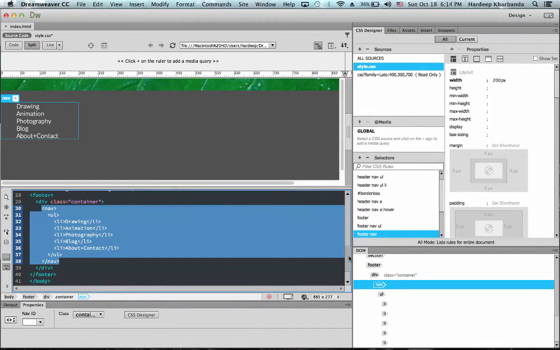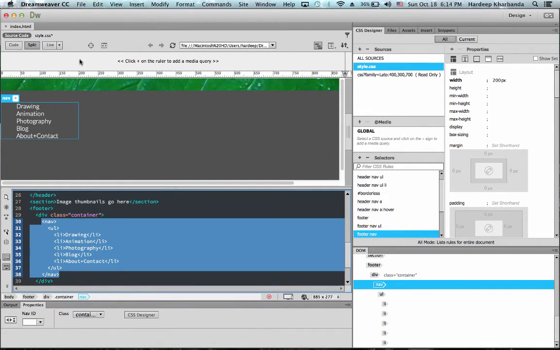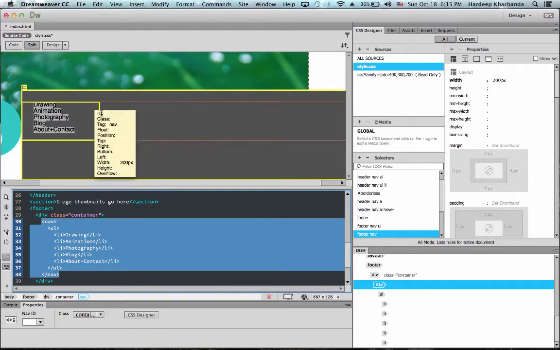Now I can add my second menu, my Other Sites menu. This one, I won't add as a list. I'm just going to simply create a div and type out the 3 links. So I'm going to switch back to Design View.